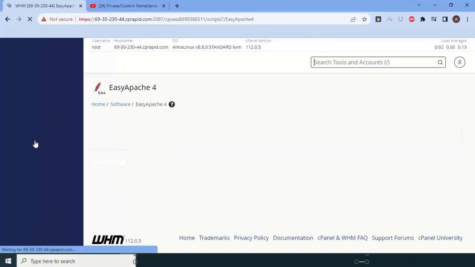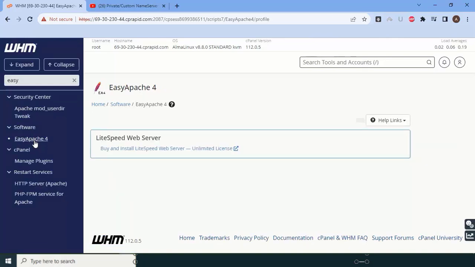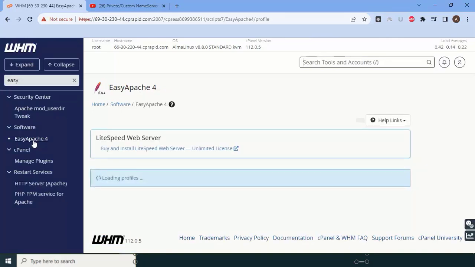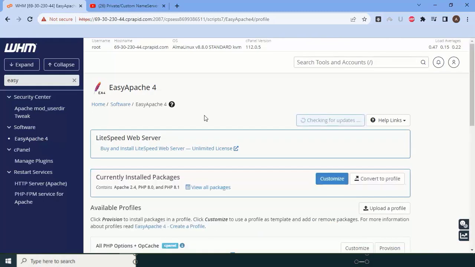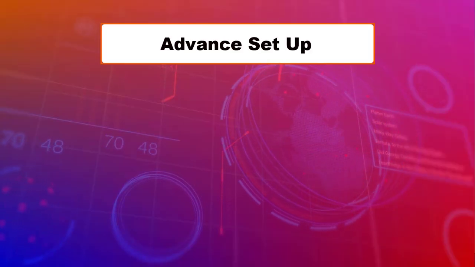In this, we can set which PHP versions are going to be allowed and what things we need to consider. Please make sure that this video cannot share everything about EasyApache because it is extremely critical to explain, because the configurations change based on each and every project. So to avoid this, we try to create some basic settings here so you can set them, but to set up the advanced level,